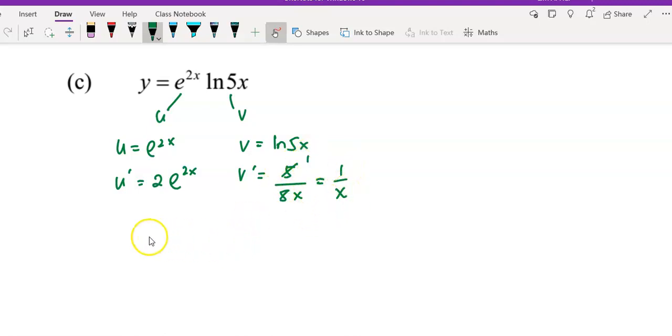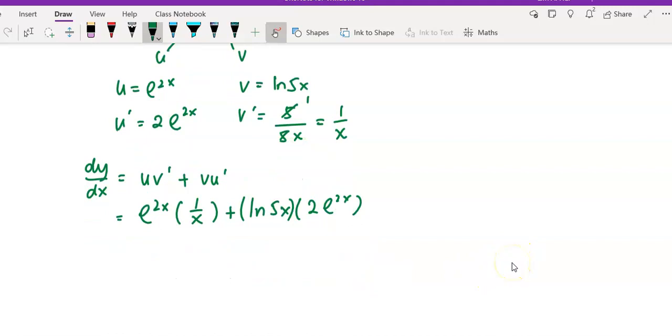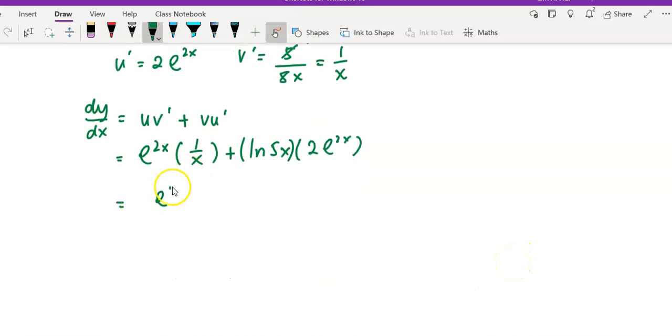After that, you can apply the product rule to get your dy/dx. The product rule is u v prime plus v u prime: copy down the u, multiply by v prime, 1 over x, plus copy down the v, multiplied by u prime, which is 2e^(2x). Then you simplify. You will have e^(2x) over x plus 2e^(2x)